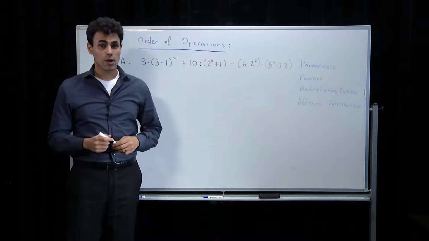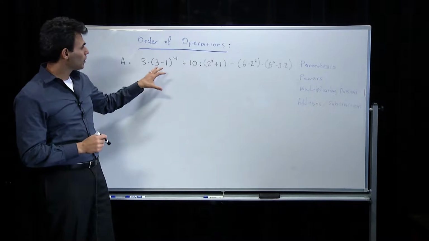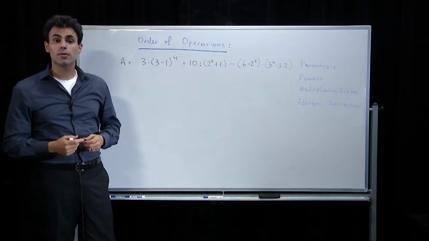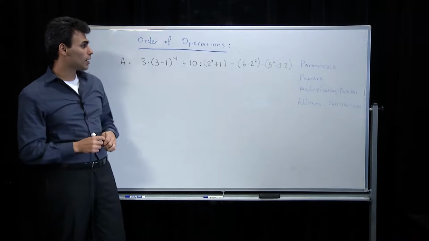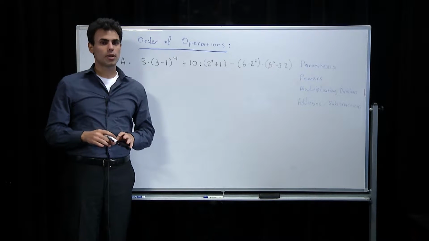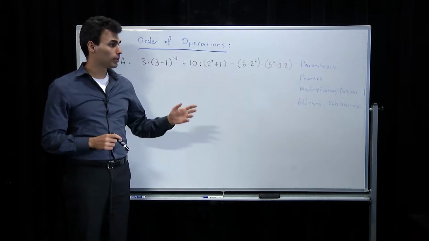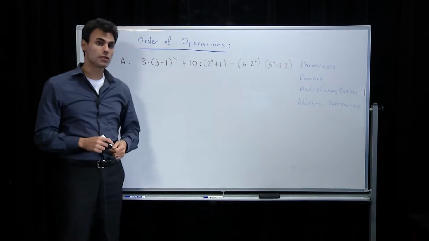So now we're going to see how people deal with large expressions like this one. This one contains all sorts of things: parentheses, powers, multiplications, additions, divisions, subtractions. And in this case, the order of operations actually does matter. So we start with the parentheses, we follow with powers, we do multiplications and divisions, additions, subtractions from the left